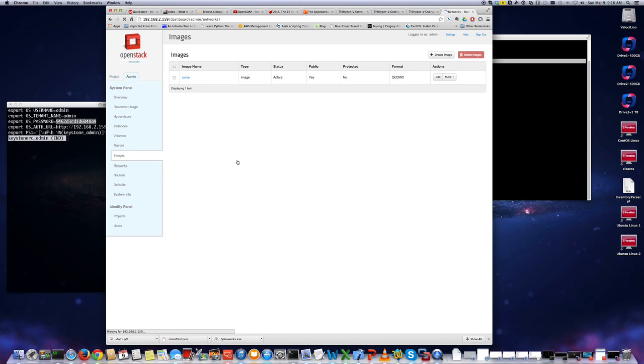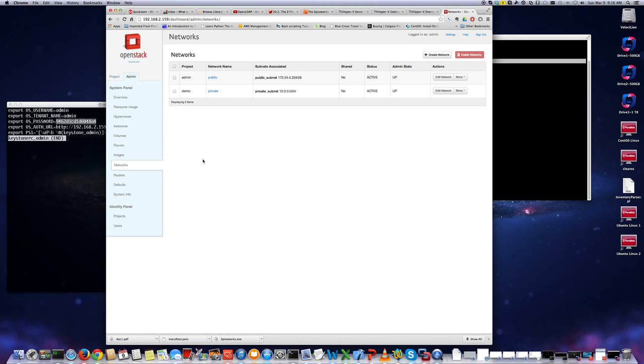Networks is where you can define networks. You see I have two networks, one private and one public. It's a kind of simulation. What I noticed is that when I installed it, I didn't have access to the outside from my instance. That's okay for my test scenario, but